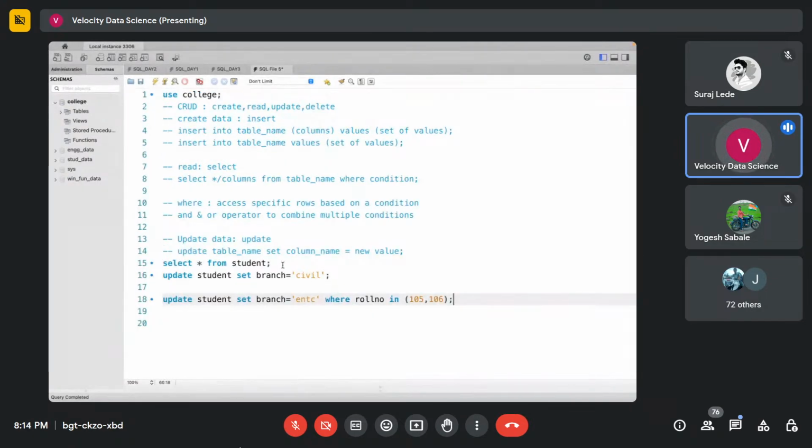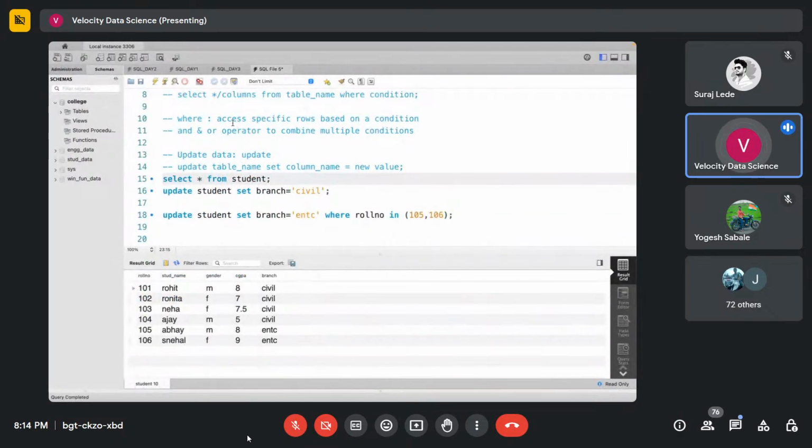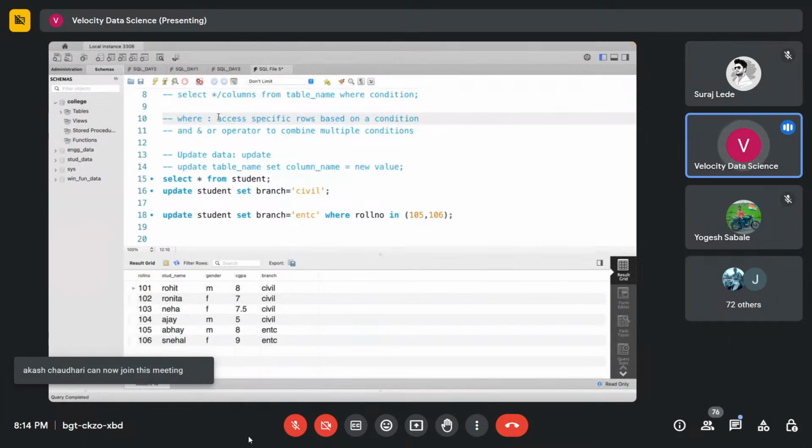So this query will help you update only specific rows. And that is why we have said that when we discussed the where clause, what did we say? We added this where condition only with our select statement till now. But what I said, where condition is used to access specific rows. I didn't say it is used to read specific rows. That is because you can have this where condition along with your update statements as well as with your delete